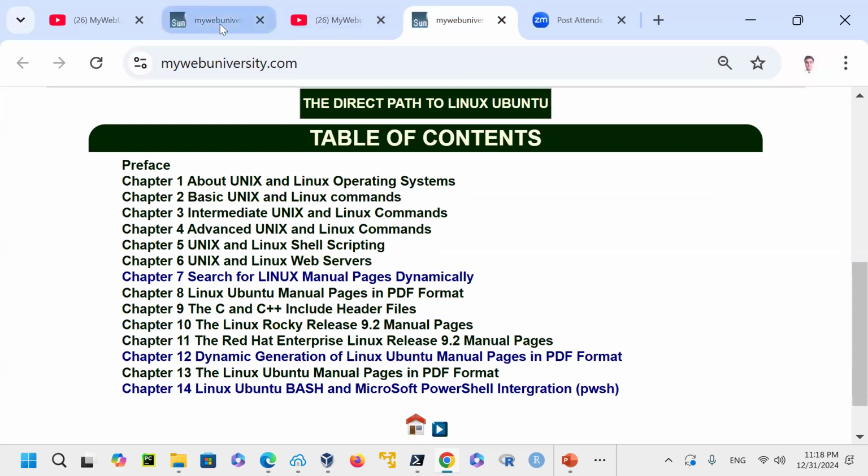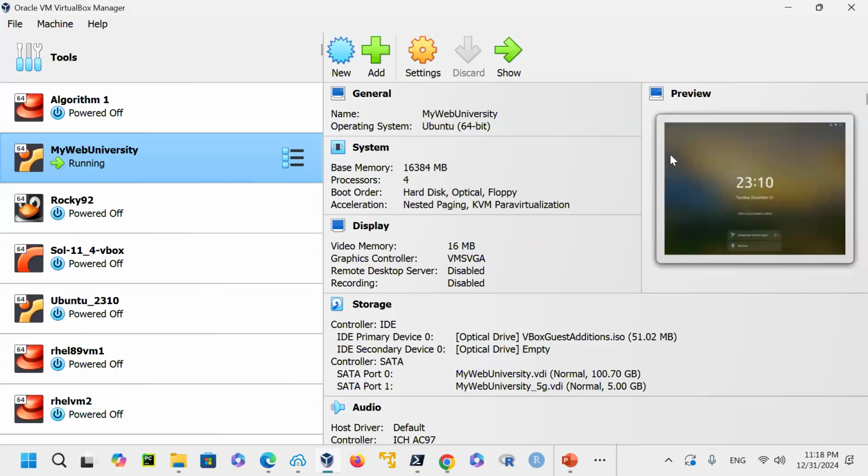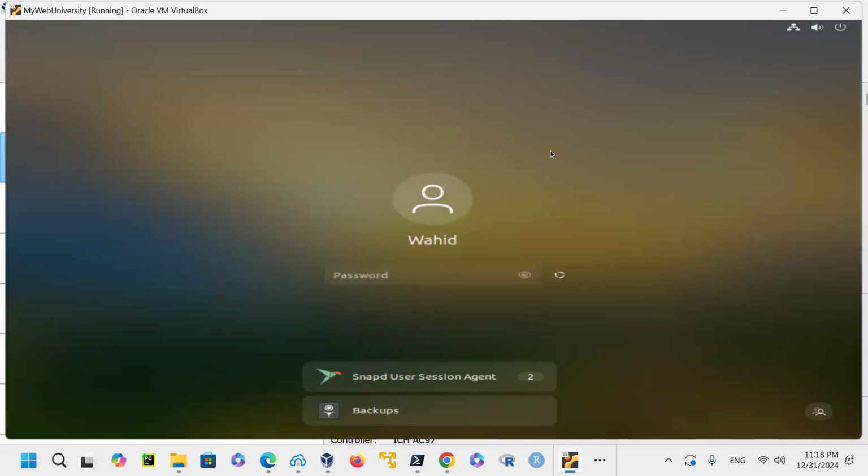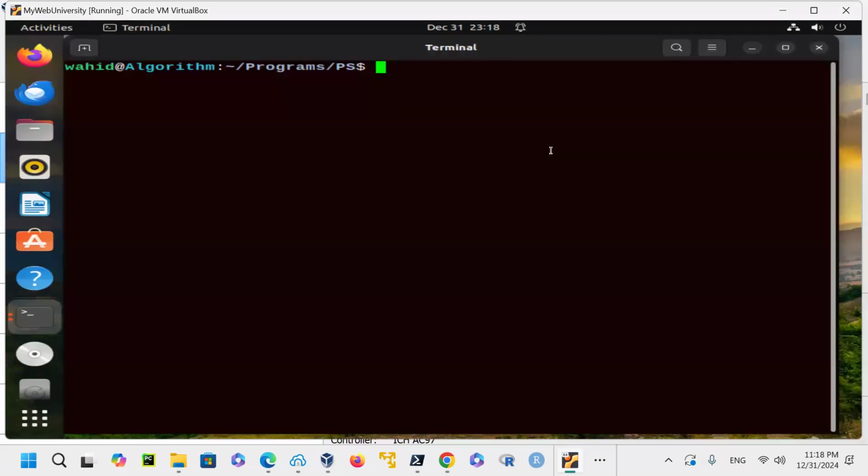So without further ado, let's get to the script today. As you can see, I have MyWebUniversity running as a Linux virtual machine here. I'm going to just type in my password because the screensaver kicked in. So I'm logged on already. As you can see here, the user is Wahid at hostname algorithm, and my current directory is